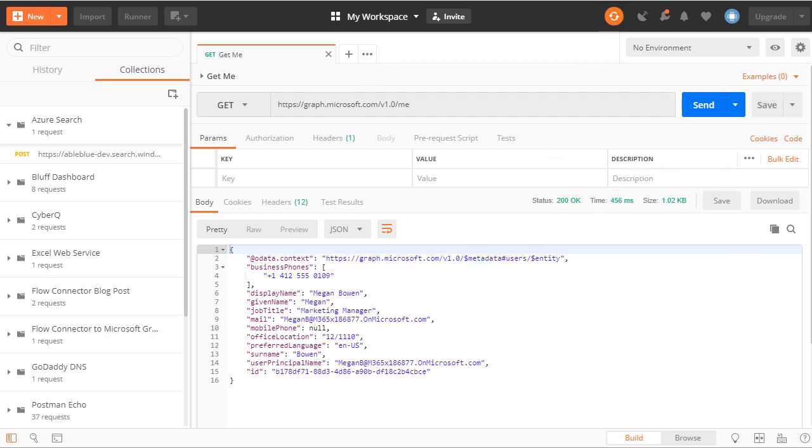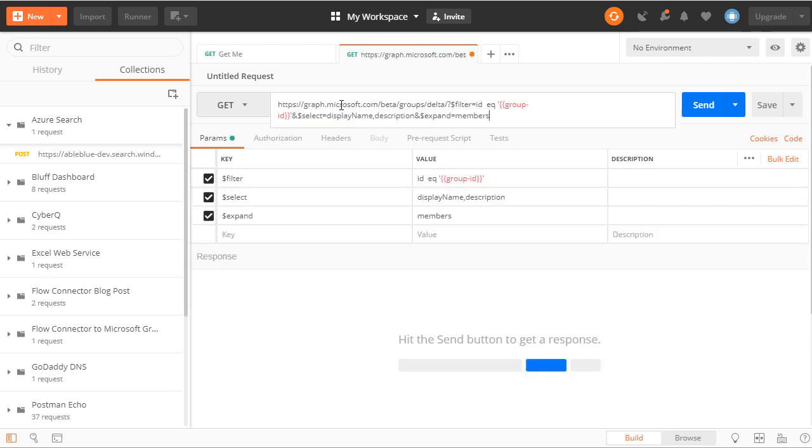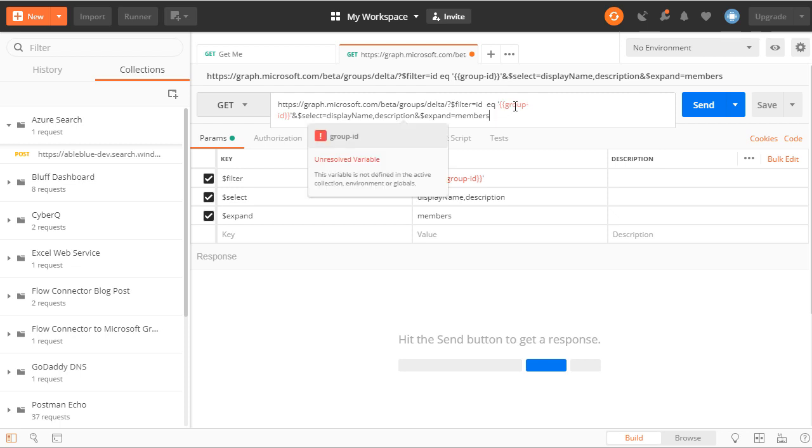The next request that I want to make is going to be the group Delta query request. I'll click to create a new tab, I'll add my group delta query. I just pasted this from my blog post. You'll notice that I have two curly braces around group ID. This is a variable in Postman and makes my life a lot easier, because now what I can do is,